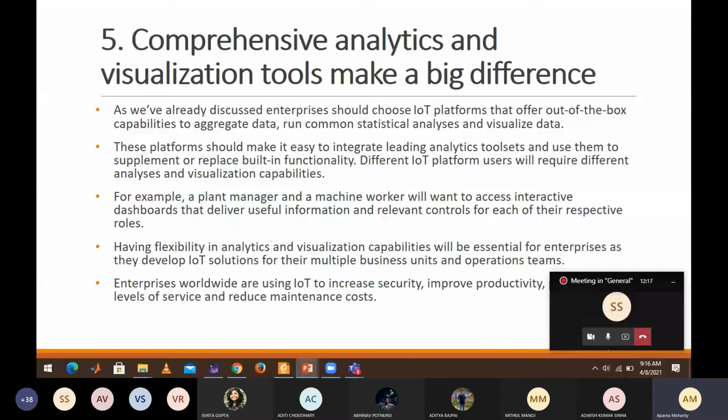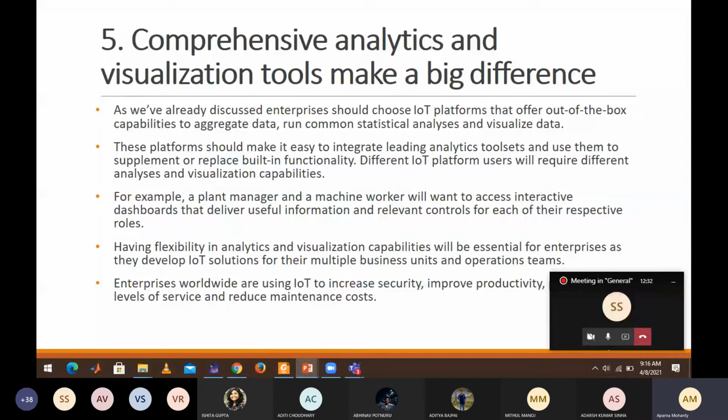Those visualization tools will give him an understanding of how things work inside that business. So whenever you choose the platform, make sure that the visualization tools are efficient there.